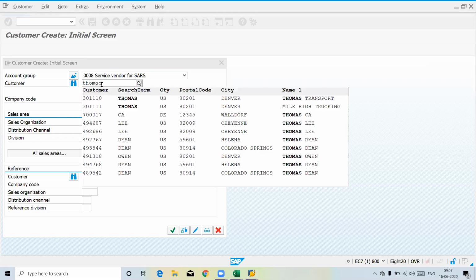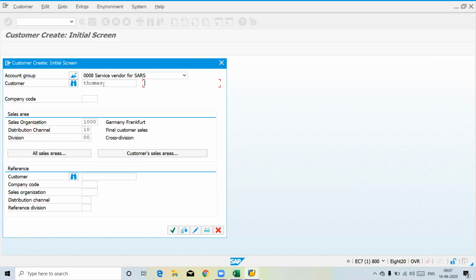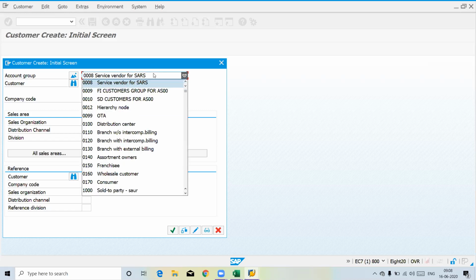If I want to create Thomas, I can create the customer with the name only, instead of a number. So whether it is an internal number, an external number or an external name, everything is controlled by this account group.